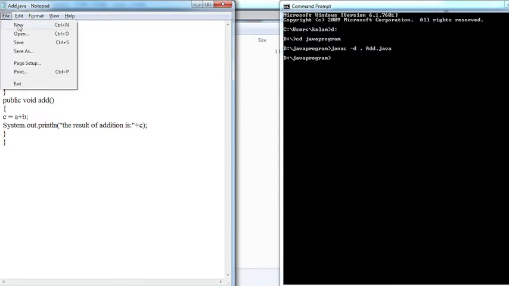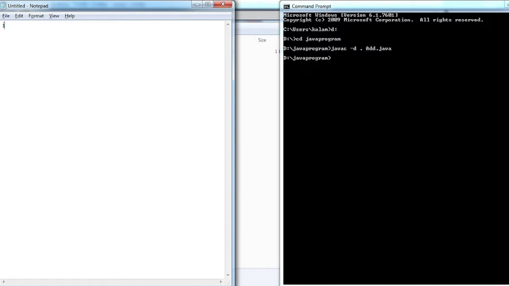So now let's open a new one. We have to import, right? Import what? pack1.pack2. Then let's write the class name also. What was the name of the class? Add. Now class, let's say Example. Then the main method is mandatory. public static void main(String[] args). Any variable name you can give, but generally we use args.